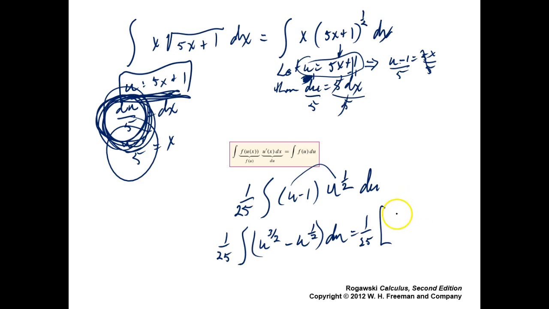Okay, let's do the u part first. U will be raised to what? No, you add 1. When you integrate something, don't you add 1 to the exponent? 5/2, okay. But then we also have to do what? Over 5/2, which is dividing by 5/2. But dividing by 5/2 is the same as multiplying by 2/5. Okay, that's that part. Minus